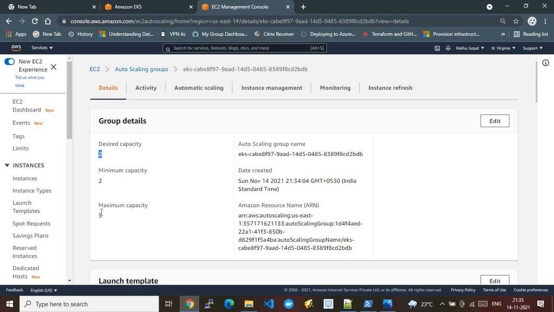So autoscaling is a mechanism in EC2 where the EC2 instances are automatically scaled up. As of now we have only 2 nodes under this autoscaling group, but on demand it can grow up to 5 nodes. That is what these autoscaling group configurations tell us.